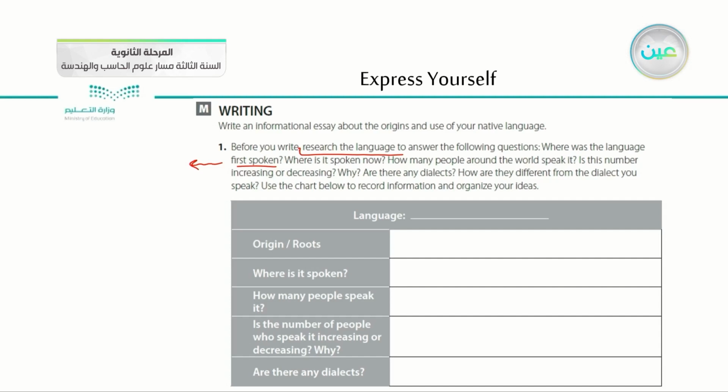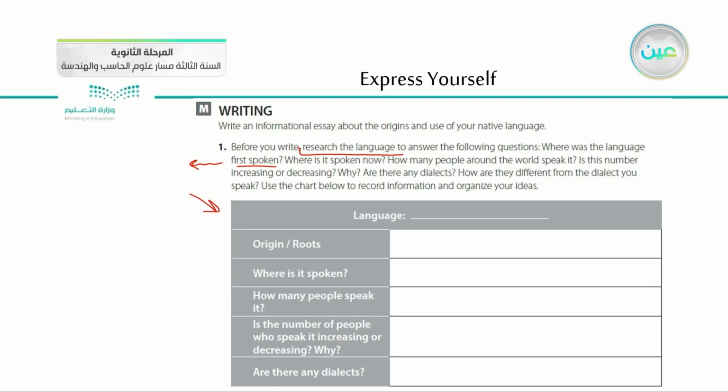Dialect means an accent or a variety, the way you speak. So, for example, in Saudi Arabia, we have more than one dialect. In every region, people speak in one way or another. Use the chart below to record information and organize your ideas. So we have, after that, a chart here